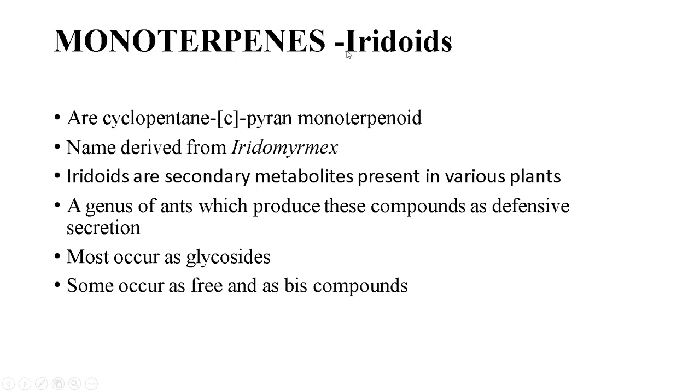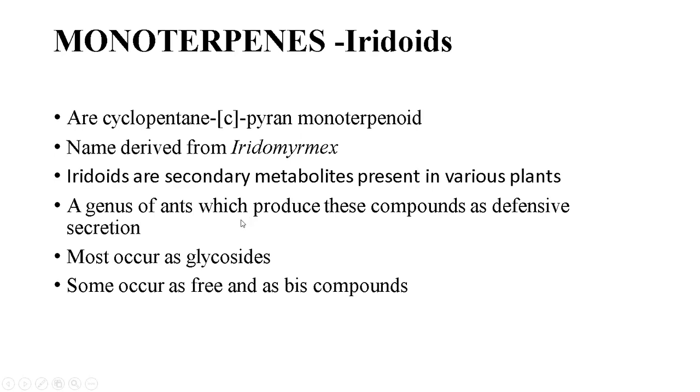that I'm going to tackle are the iridoids. Iridoids. Yeah, I think it's iridoids. So for this, they are cyclopentane pyran monoterpenoids. It's very important to know where they are derived. As I go through the examples, it is important to know where they are derived from, their uses, and which part of the plant they are extracted from. They are derived from iridodial, I can't pronounce that, but that.